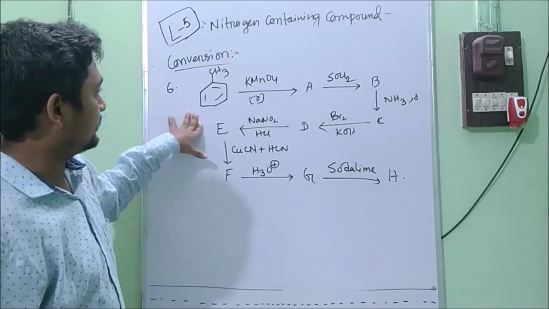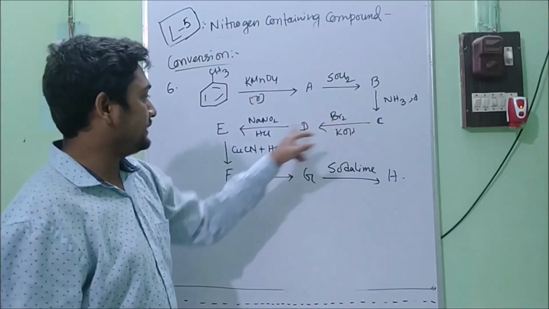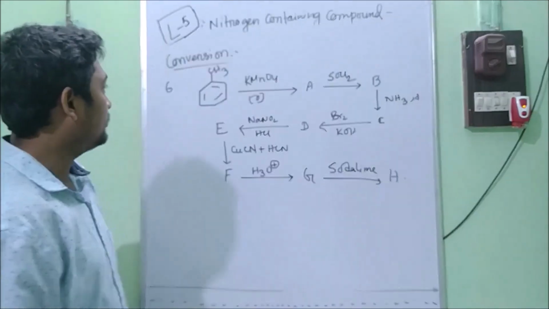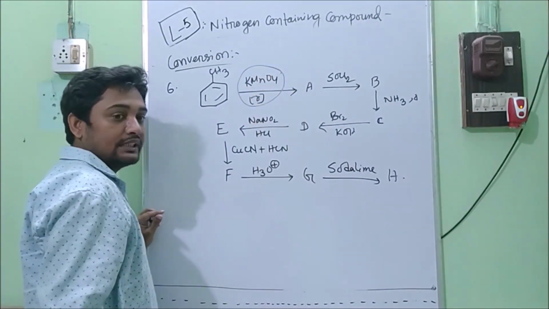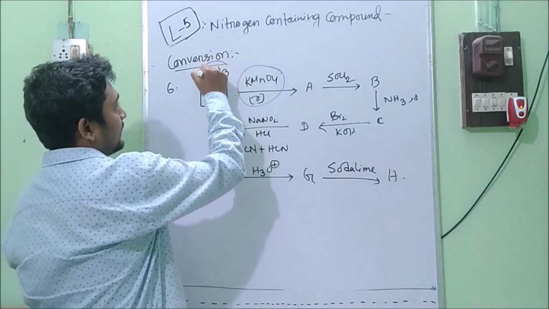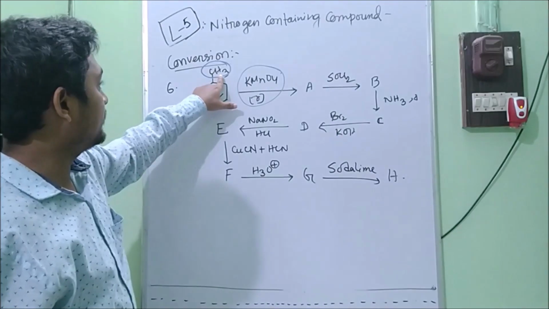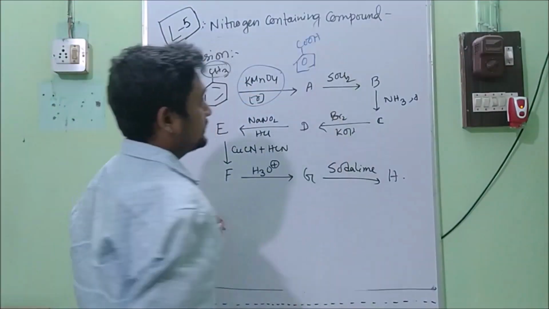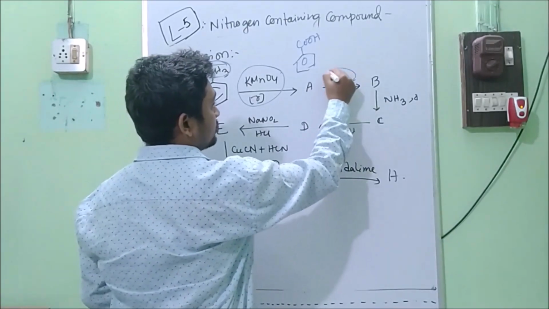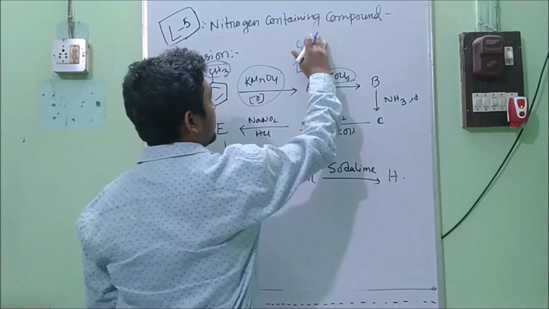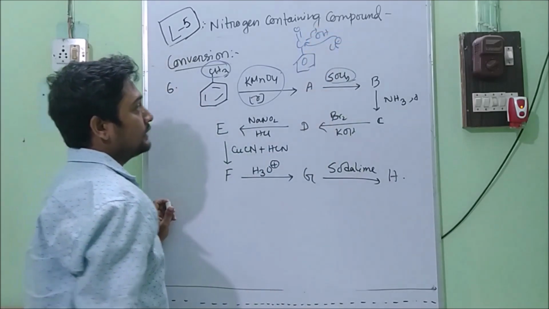Next one is a reaction. You have to find what will be the structure of A, B, C, D, E, F, G, H. Now KMnO4, it is an oxidizing agent. So whatever alkyl group is there on the benzene ring, this alkyl group will convert into COOH. Okay. Now if we use this COCl2, what will happen? One of the Cl minus will attack here, then this will go out.